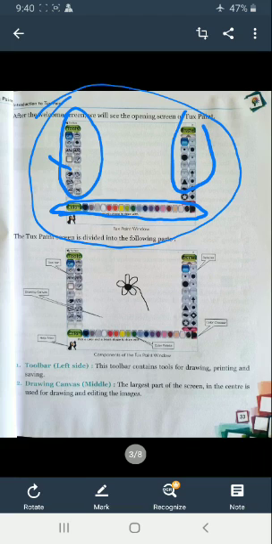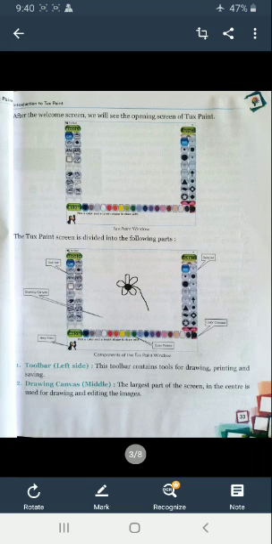Selector means just like you choose a pencil over here, and after that you choose like this, thick stroke, thin stroke, it's your choice. Next, this is your drawing area, and this is for help. If you want any help from Tux Paint, there is an option for help.